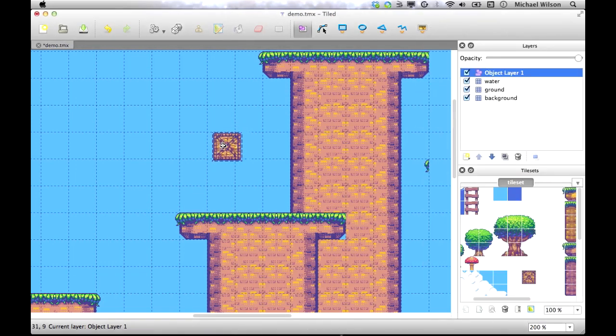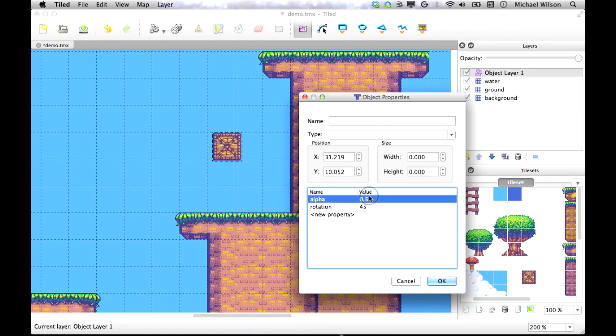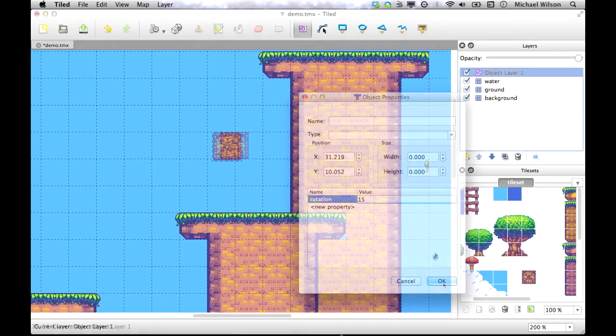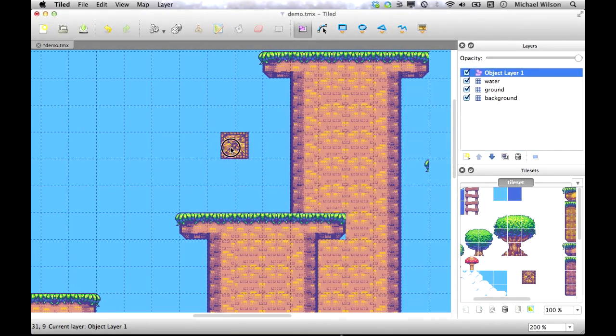Anything you can think of, X scale, Y scale, anything that affects the display object, you can put in. So we're going to go back to object properties, remove that alpha. Let's set a rotation for something less crazy, maybe 15 degrees. So now that we have our crate object here that we can move around, let's set some of its physics